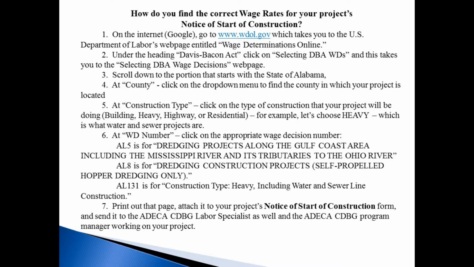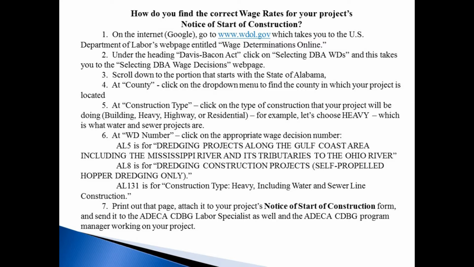So, how do you find the correct wage rates for your project's notice of start of construction? On the internet, go to Google, go to www.wdol.gov, which takes you to the U.S. Department of Labor's webpage entitled Wage Determinations Online. Under the heading Davis-Bacon Act, click on Selecting DBA WDs, and this takes you to the Selecting DBA Wage Decisions